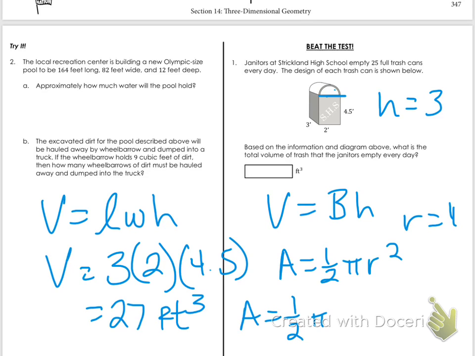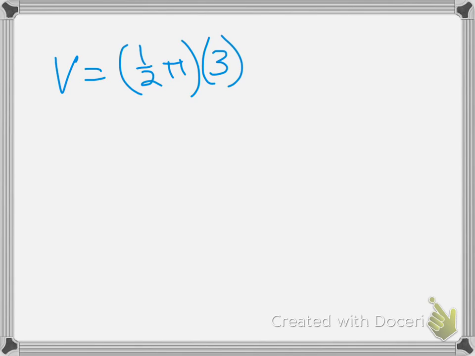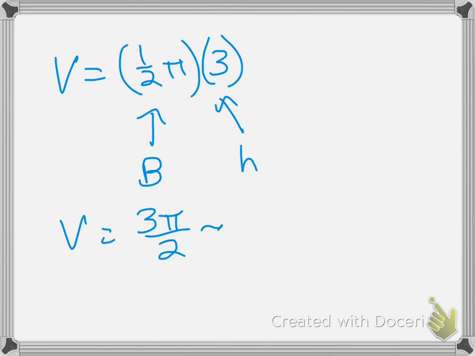So the volume is 1/2 pi times 3. This is the base, and this is the height. So the volume is 3 pi over 2, or approximately,